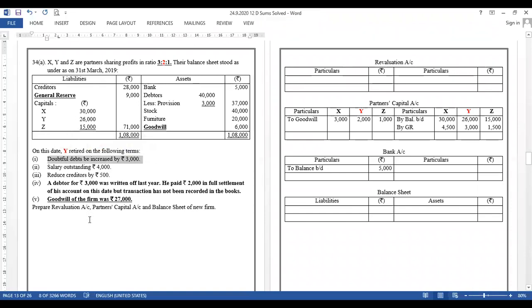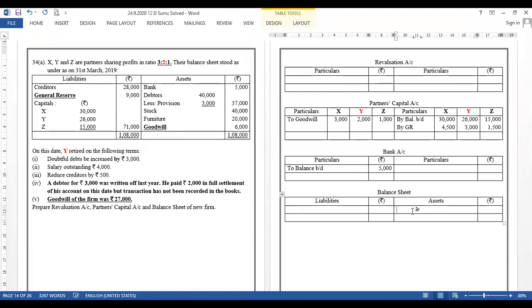Doubtful debt to be increased by rupees 3,000. Provision has to be increased by 3,000, right? Please take care of the word 'by' here. We already have some provision with us. So let us copy this debtors figure. Debtors is rupees 40,000, right? Less